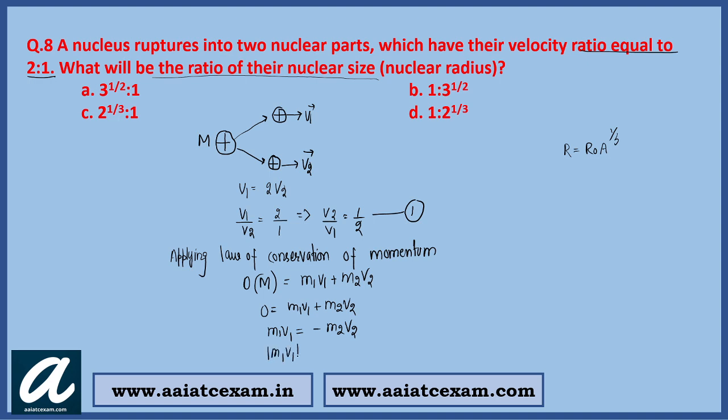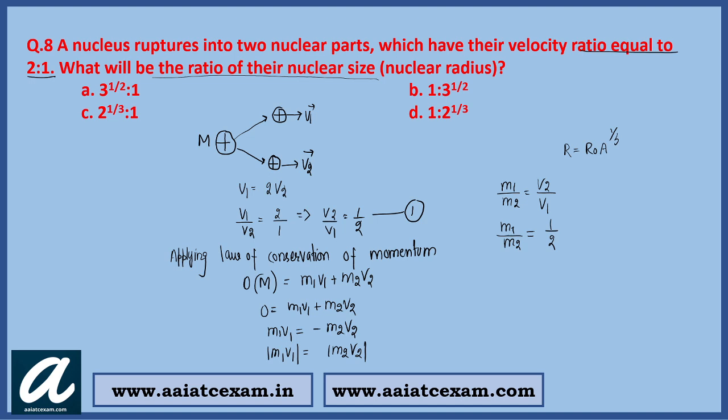So students, can I say one thing from here, that the magnitude of their momentum should be equal. Now students, just using this equation, can I say that m1 by m2 should be equal to v2 by v1? As v2 by v1 is 1 by 2, I will write m1 by m2 as 1 by 2 students, 1 by 2.